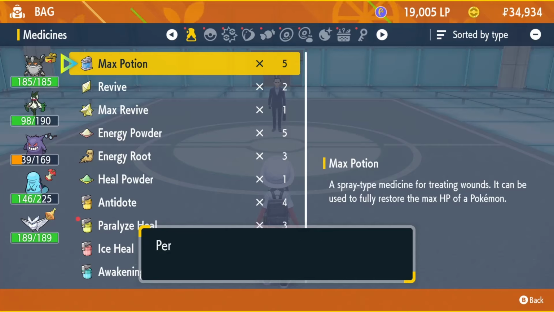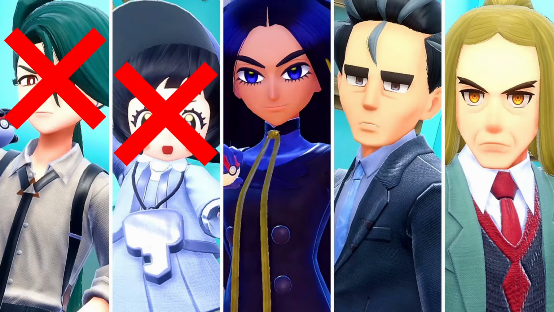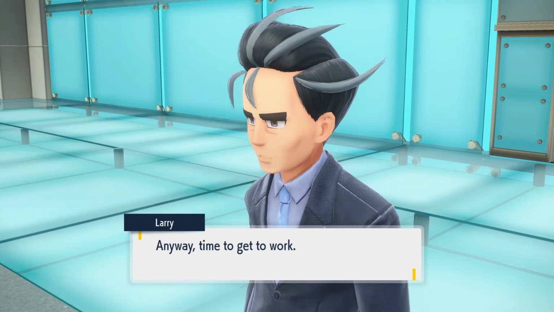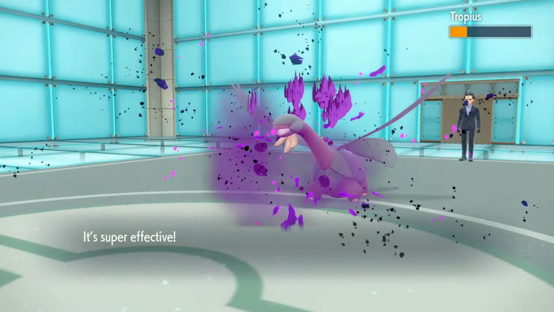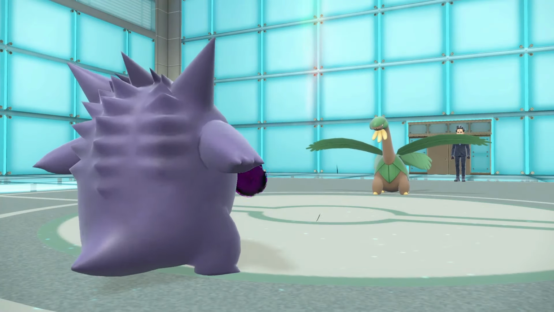Using the little healing items Kichira has on his team, he has been healed. Two more to go. Larry is back looking spiffy as usual, but the outcome is going to be the same like last time. Starting off, we have Haltikins and Tropius. Gunk Shot is used, not killing since it's a physical type move, and Tropius uses Sunny Day. Haltikins finishes off the Tropius,